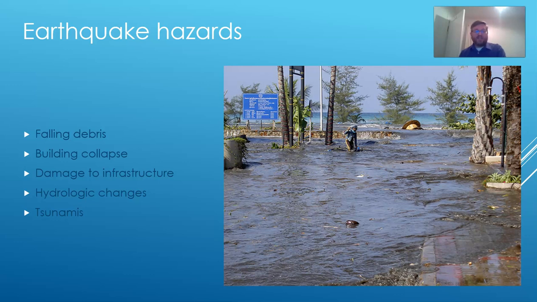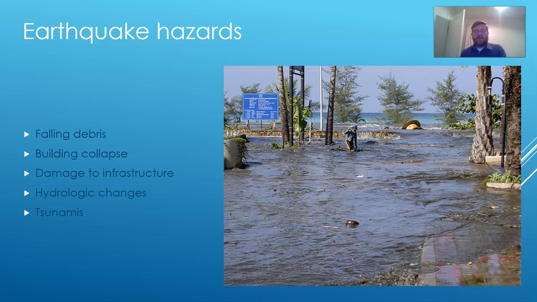We can get hydrologic changes. Depending on the kind of movement that we get, it can dislocate the course of a river. It can destroy either a natural or a human-made dam that's holding back a lake and cause a gigantic flood. It can crack open the earth and drain water off of the surface into underground. So there's a lot of hydrological changes that can occur as the result of an earthquake, and earthquakes can create